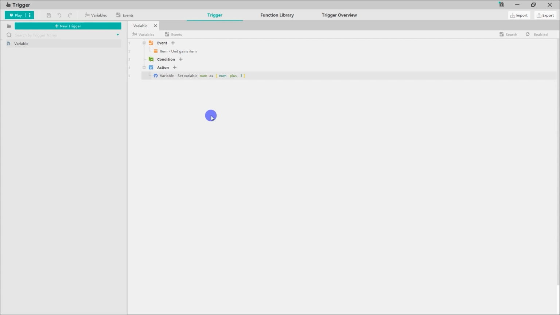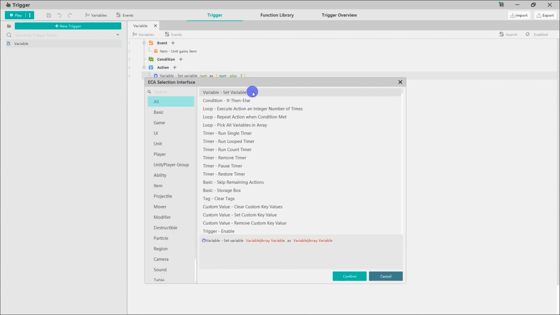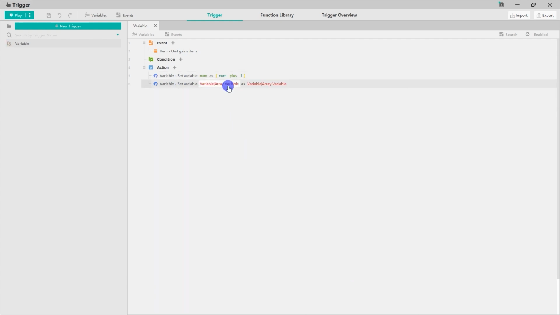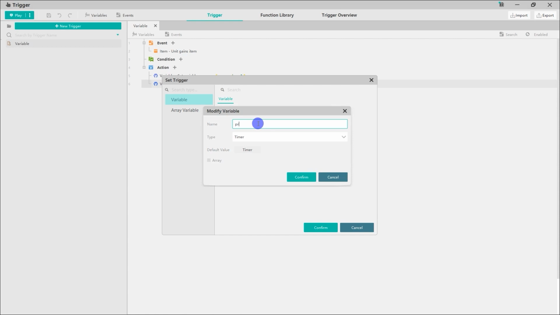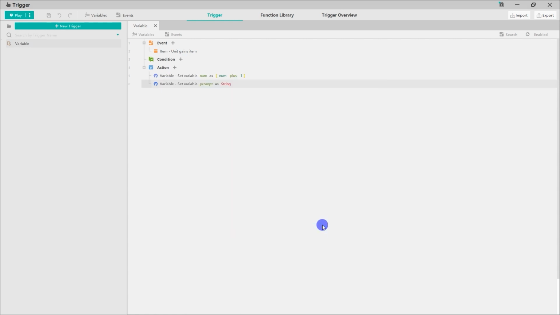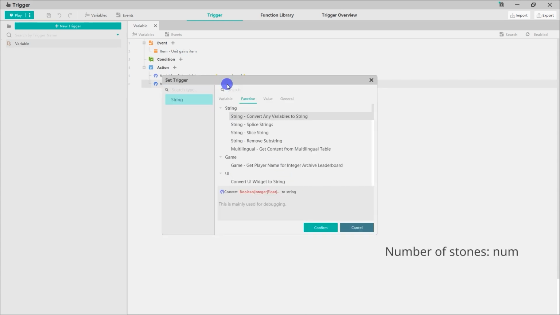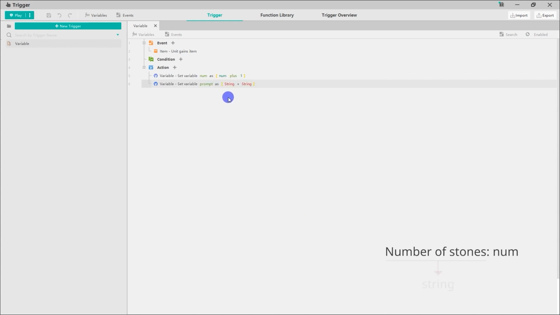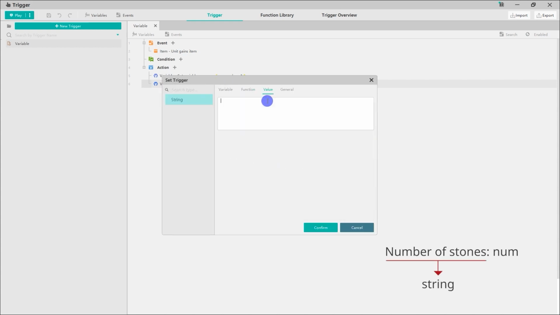In order to improve the user experience, we want to display the text of number of stones collected to players. The variable type of text is string, so we create a new variable prompt of type string. As we want to store the information number of stones num, we need to use the function string splice. The first part of the string, number of stones, can be entered as value directly,